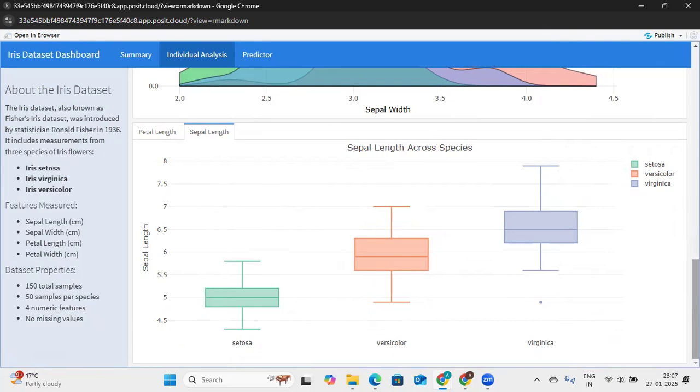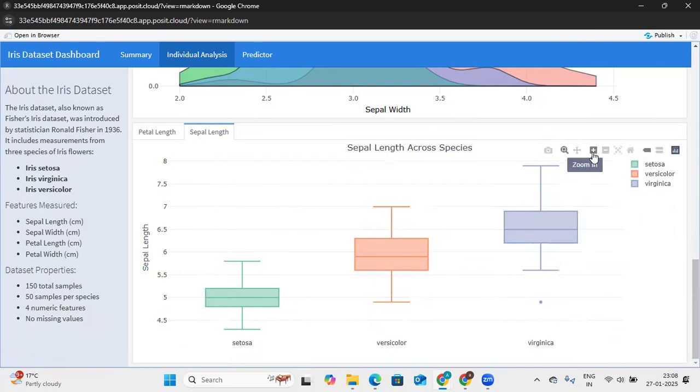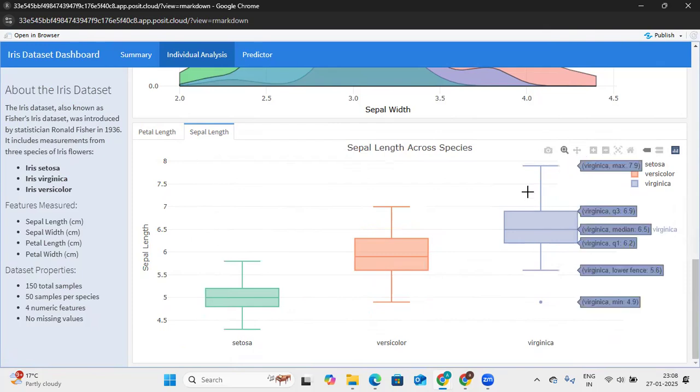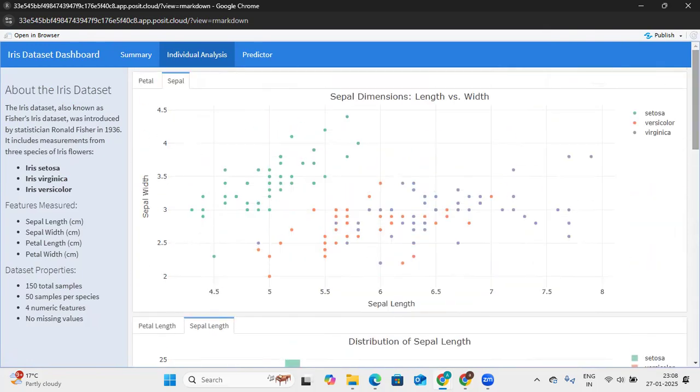For all of these graphs, I've used Plotly because Plotly is more interactive. I can zoom in, I can zoom out, I can hover around to see what data values it represents. So if there's one thing we gain through the individual analysis, it is that petal length, or petal width rather, is usually a better indicator. Both of them are better segregated.